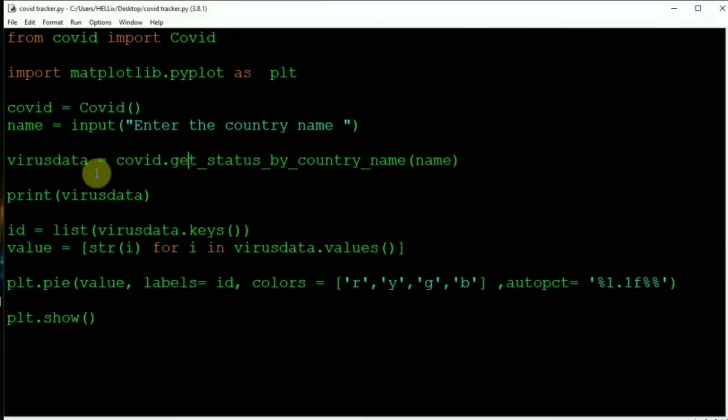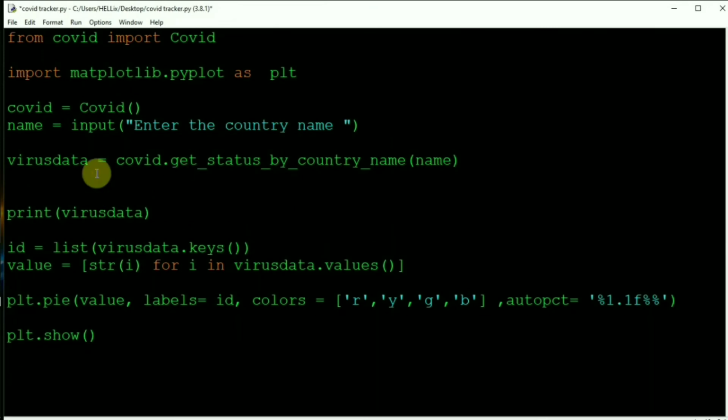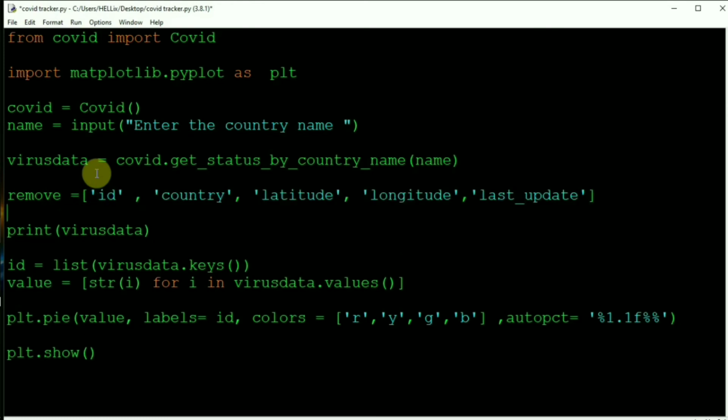So just come over here and, first of all, create a list called remove, because I want to remove the data, and paste it and give it like this.